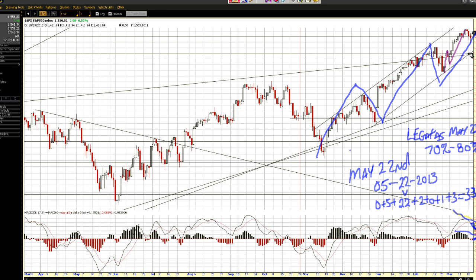Now, you could say this is a wave 4 down, and we could have a wave 5 up, and that could end and hit right at, say, let's double top, right? And then that's it, or 1574, if you can read that. And that could end the whole thing, right? And I could say that's 5 waves. But knowing that we need to take that out and put an all-time high in, knowing that we need to do that,